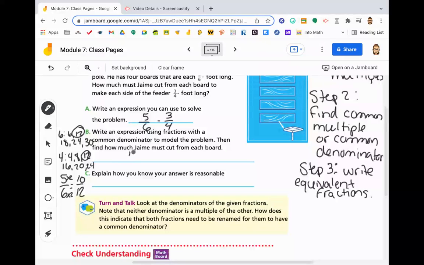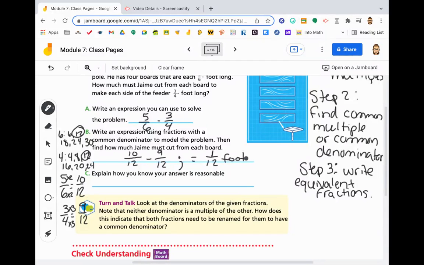So we're going to have 10 twelfths minus, and then we have 3/4 equals something over 12. We multiply 4 by 3 to get 12, so we have to multiply the 3 by 3. That gives me 9. So we have 9 twelfths. 10 twelfths minus 9 twelfths. And our denominator stays the same, and we do 10 minus 9 is 1, so we get 1/12